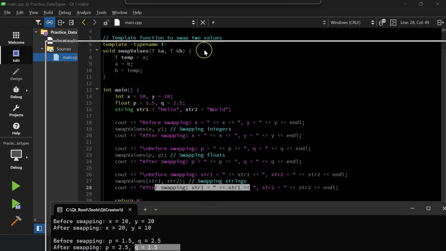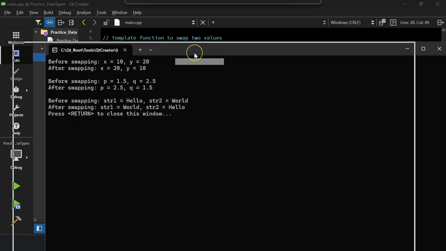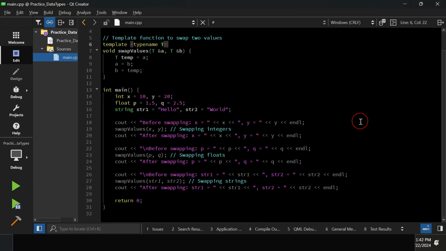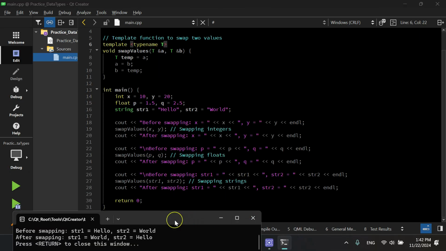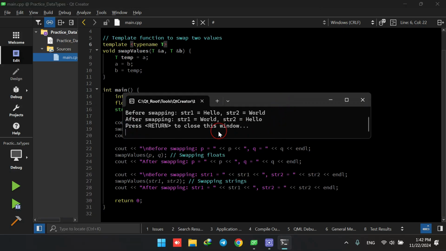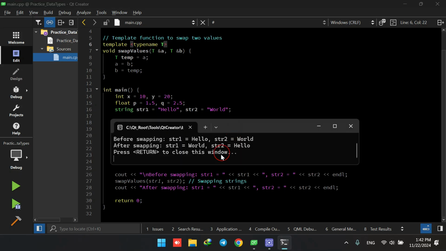And finally, let me just get it above here so it would be also easy. Oops, sorry. So to also trace the program from here. Okay, so here we are printing the str1 and str2. So str1 is hello, str2 is word. So before swapping, it says str1 is hello and str2 is word. Then we call the function, we do the swapping here, and then after swapping, when we print, str1 equals word and str2 equals hello. We see that